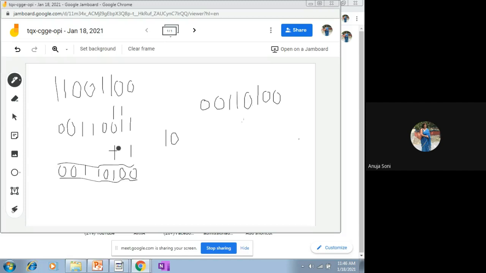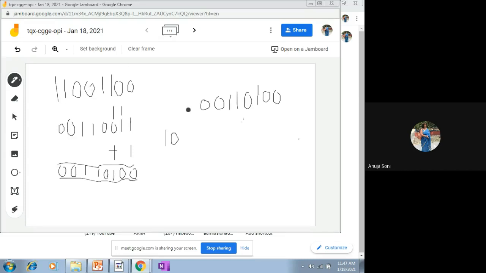In the first method, what we had done, we had simply taken the ones complement of the given number. We had added value 1 in ones complement in order to get the value of the two's complement. But in the direct method, to find out the two's complement, we simply started scanning the number from the extreme right hand side until the very first value of one was met. Till that point, we had copied the values as such, and afterwards we went on inverting every digit, means 1 by 0, 0 by 1, wherever these digits were met.